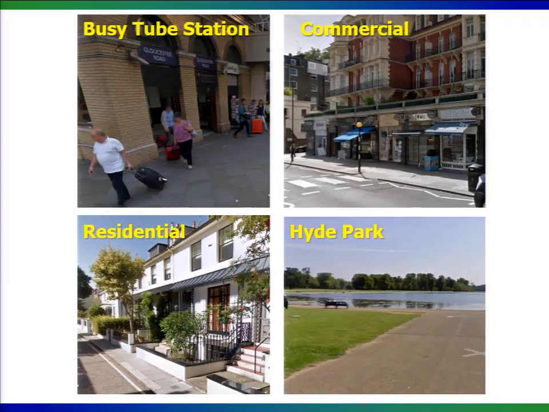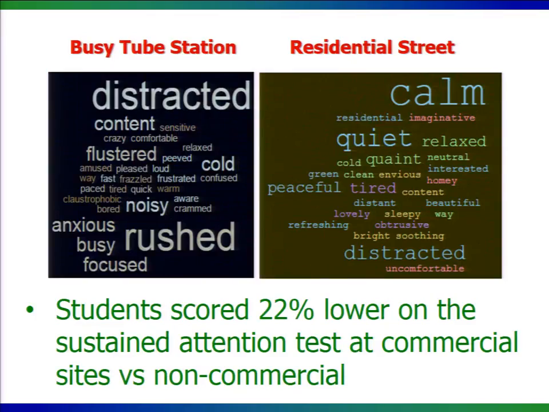Gloucester Road Tube Station, we'd go stand right in the middle of the rush hour, see what your emotions are like at that point. Different types of commercial, residential areas, different types of facades, streetscapes. We would talk about all of these after they did that study, and then we ended up in a green space area to compare there. So just have a fair amount of data, but just some quick results here.